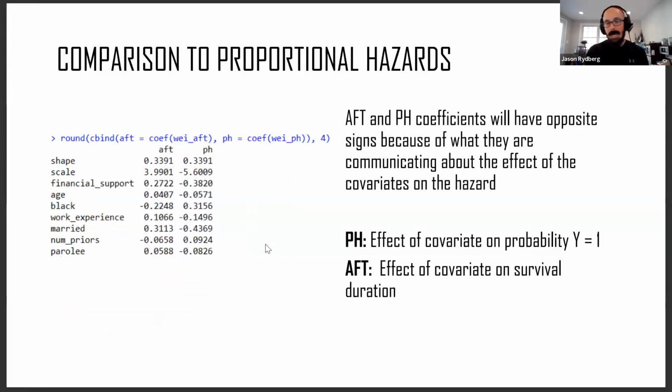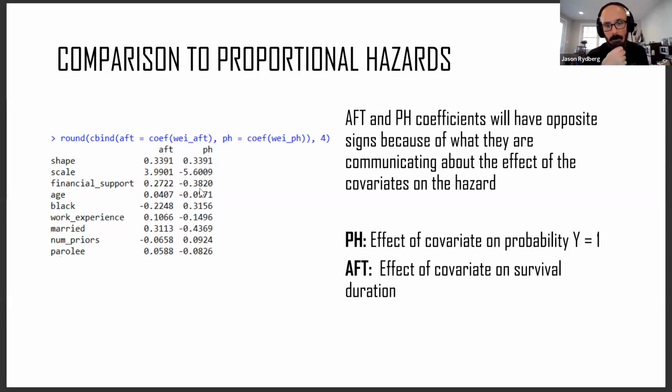So as I'd said, accelerated failure times are modeling the log survival duration, while proportional hazards are modeling the hazard function. So they have opposite signs because of that. So here, these are the same model, but I estimated with the proportional hazards variant. And so you can see that